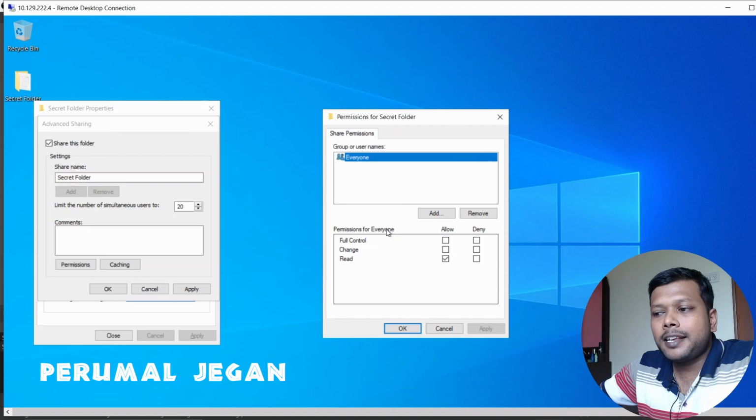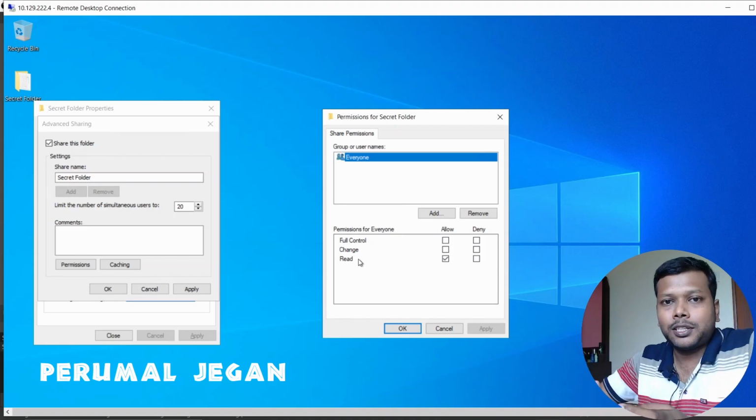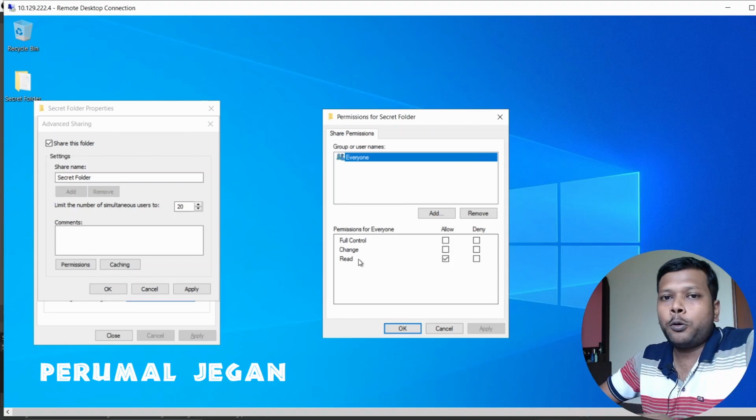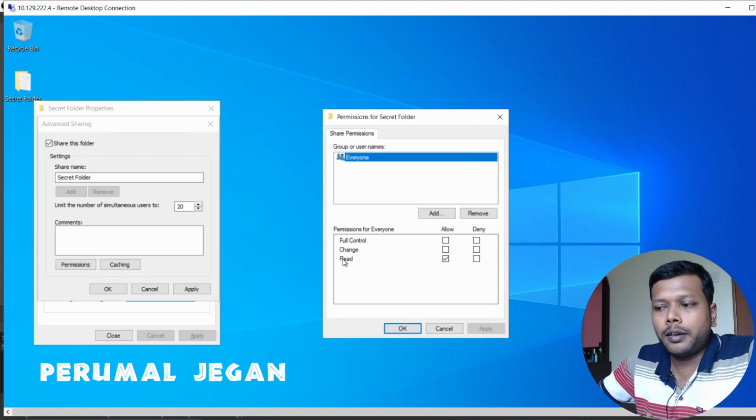It is not like the NTFS permissions. There were two kinds of NTFS permissions: base permissions and special permissions. If you see my previous video, you will get to know. I'll put the link in the description. Don't forget to watch it before you watch this video. And I'm going to leave this permission as it is. I'm going to give Read permission alone for this particular folder.